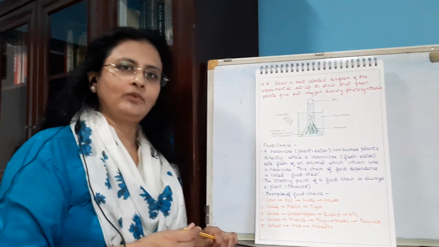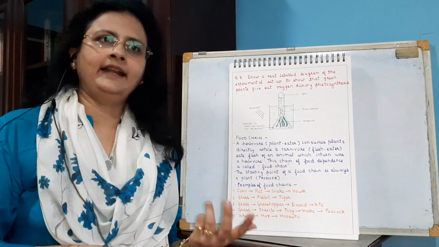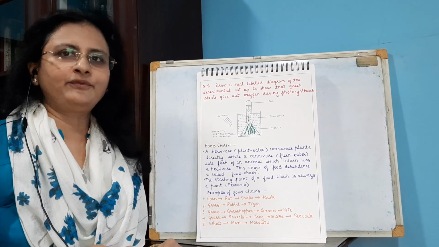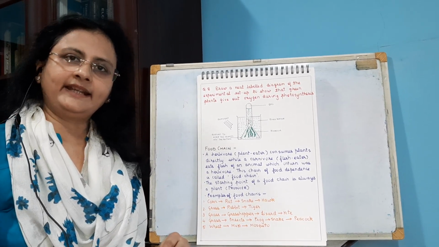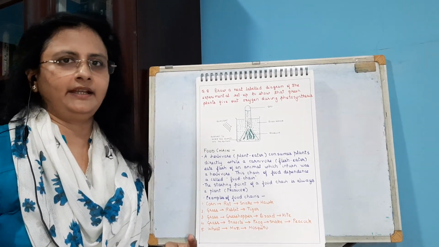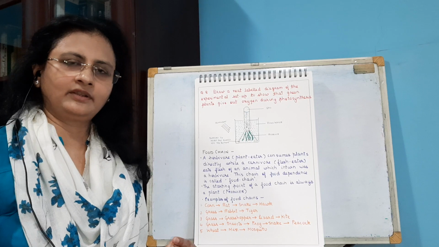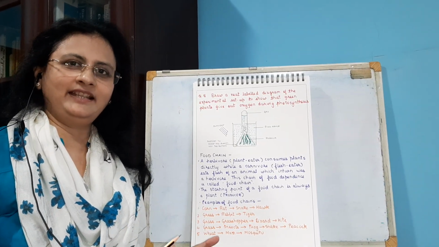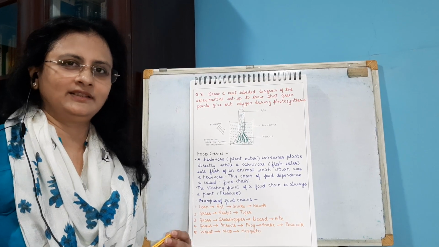Now the only aspect that remains is the food chain and the carbon cycle. These are the two aspects which need to be touched upon, and of course the board questions. So in our next session we will be discussing the food chain and the carbon cycle and starting with the board questions. Okay, so go through all these notes properly, stay happy, healthy and study also of course. Okay, thank you.